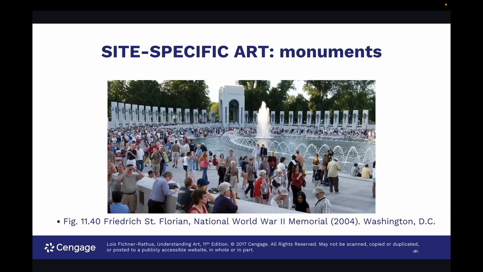Memorials can be very emotional, and so sometimes even the design of them can arise a lot of feelings from people who may or may not have even been involved with the particular event that it's memorializing. This is the National World War II Memorial in Washington, D.C., and the design for this was actually criticized because a lot of people thought that it looked a lot like some of the monuments and memorials in Europe, specifically in Germany,